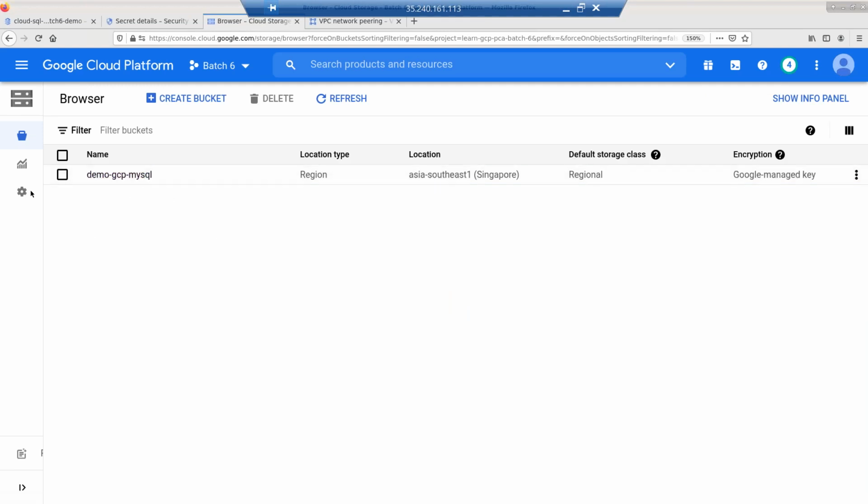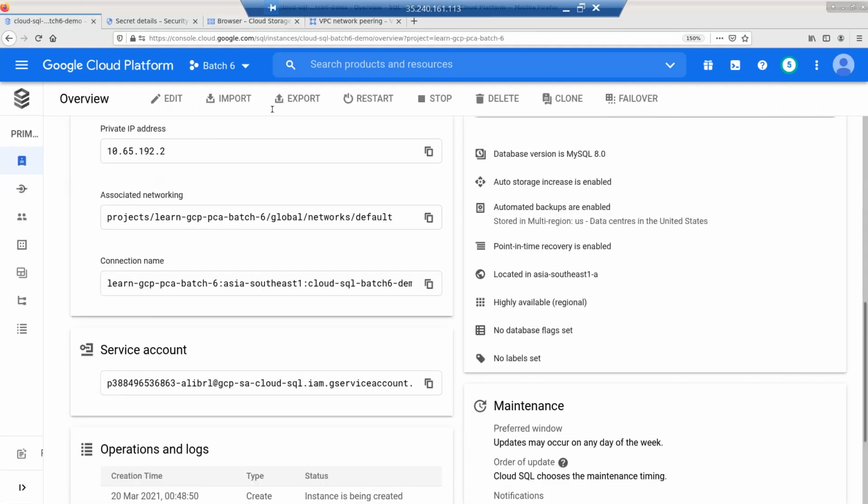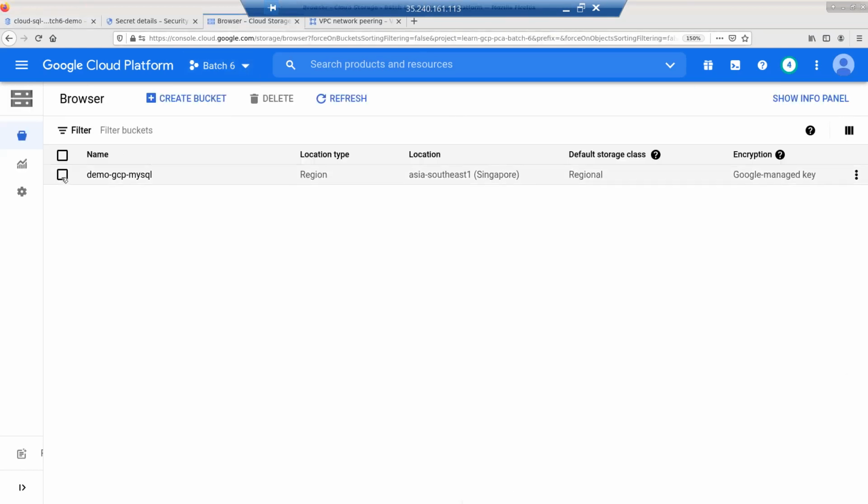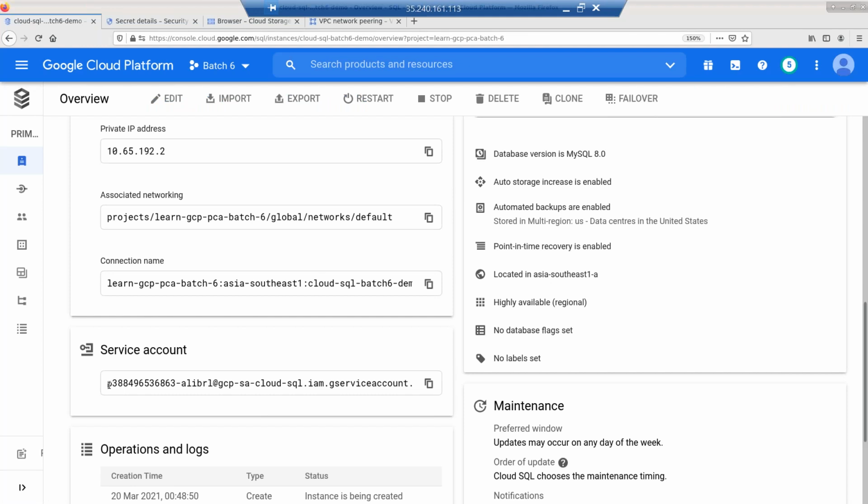So basically what is going to happen when we do the import using the UI, there's an option to import via UI, something like this: import, export, all those things. Currently it's not enabled because the instance is not fully up. Once it is fully up, you are going to see an import option enabled. So when I import from this, basically what's going to happen is that service account which I showed you, which is starting with